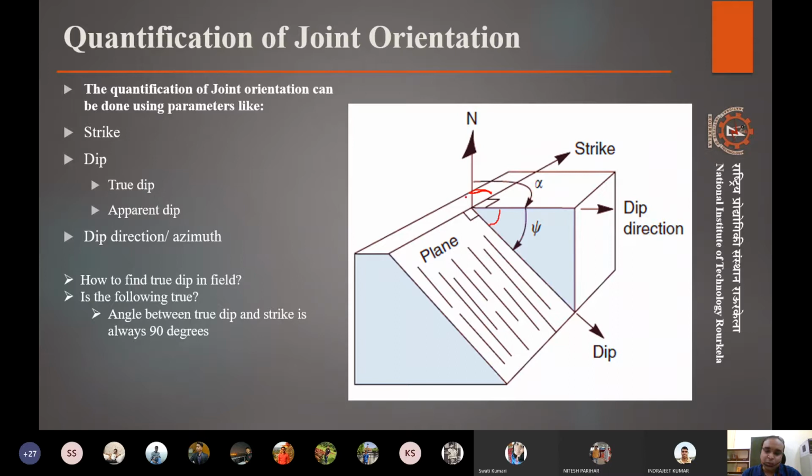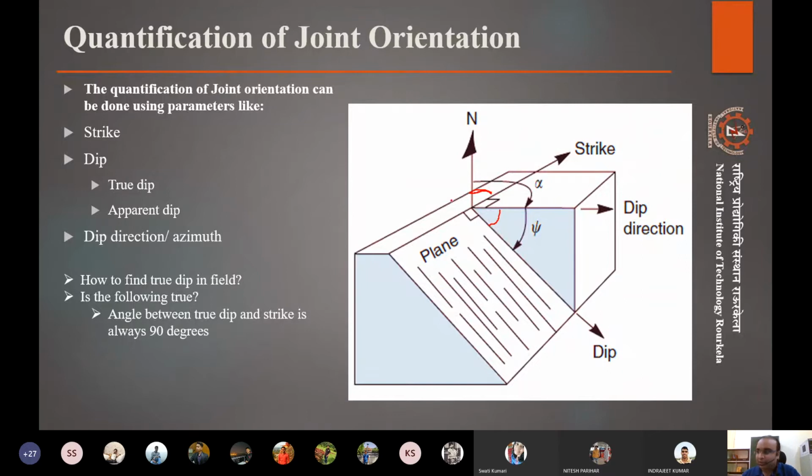If we have these two angles, they are sufficient to define any plane, because we anyway know the dip direction. But there is a catch in this that we'll discuss later. That may not always be the case.